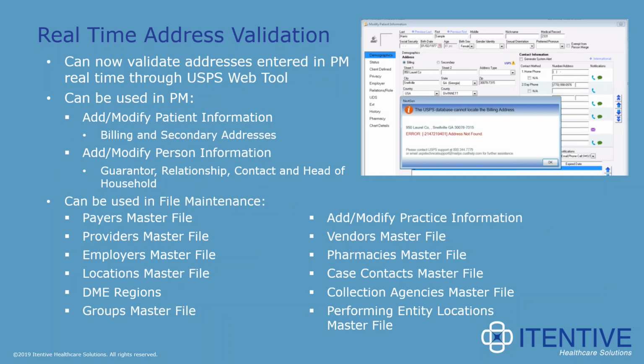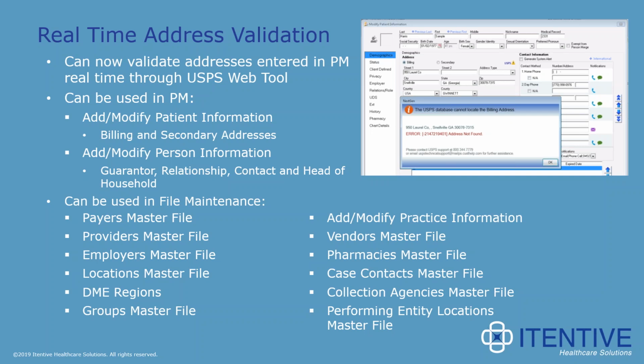Another new feature that has been added that there was a lot of excitement about, but there is some setup associated with this, is real-time address validation with USPS. So this can be used in PM. You can add modified patient information, billing secondary addresses, add modified person information, the guarantor relationship contact. So this can be used also in file maintenance with your payers, providers, employers. So basically this goes anywhere throughout the system where there's an address, and it can actually validate through the USPS